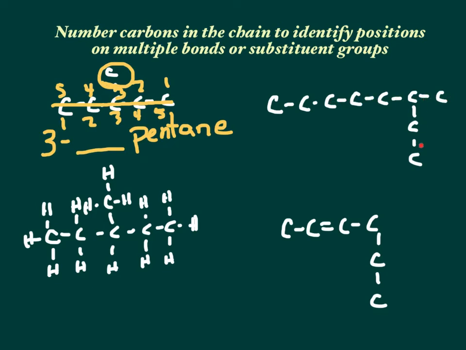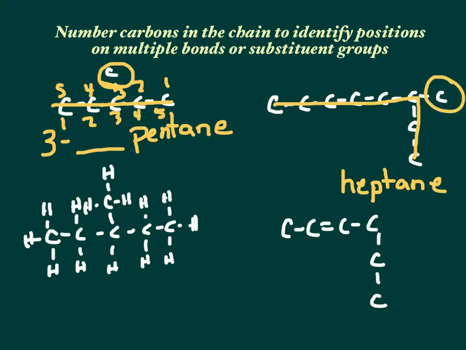But if I go down the corner here, this is going to be 7. That's going to be my longest continuous chain. So I have 7 carbons. They're all single bonds. So 7 is hept. Since they're all single bonds, it's heptane, and I have this one substituent group, so I have to say the